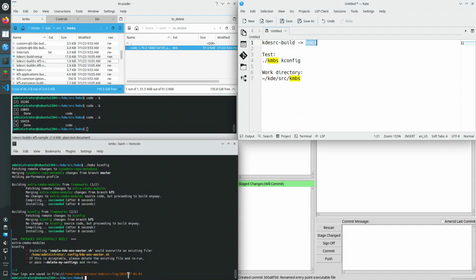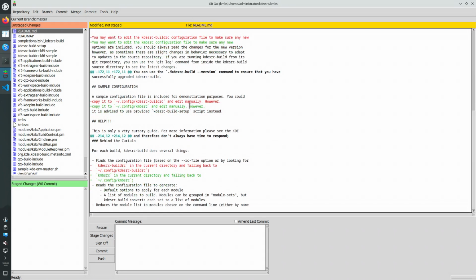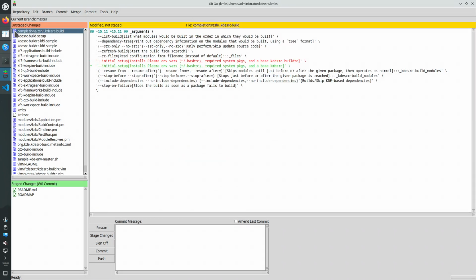And surprise, surprise, it works. So this is the configuration file. We've replaced the name of the configuration file from the previous name, kdsrc-buildrc, to the new name, kmeta-build-system-rc, in many places, in many files. So top-level files such as readme.md, roadmap,